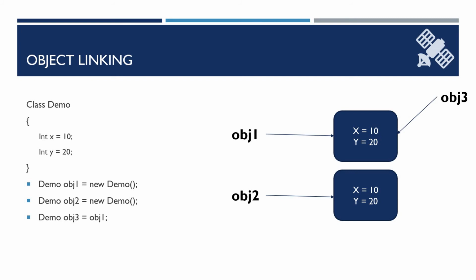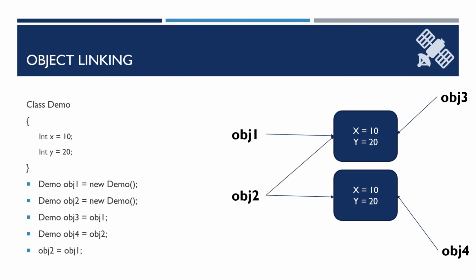Here I am doing another operation, obj4 equal to obj2. I am assigning the obj2 reference to obj4. obj2 is already pointing to the second memory location, so obj4 also will be pointing to the second memory location. That is how it points. Then next I am assigning the obj1 reference to obj2. What happens now? obj1 has a reference to the first memory, obj2 has a reference to the second memory. Here I am assigning the obj1 reference to obj2. That means obj2 will be referring to the first memory now.